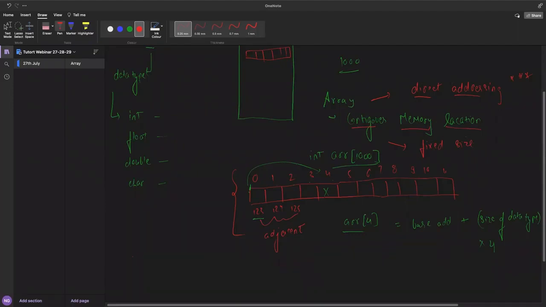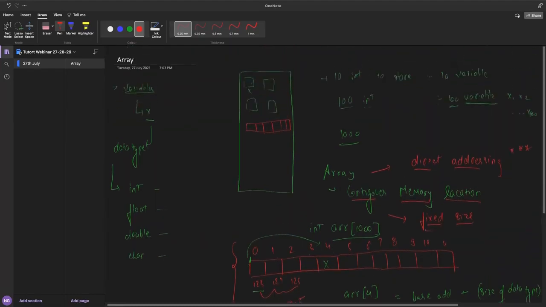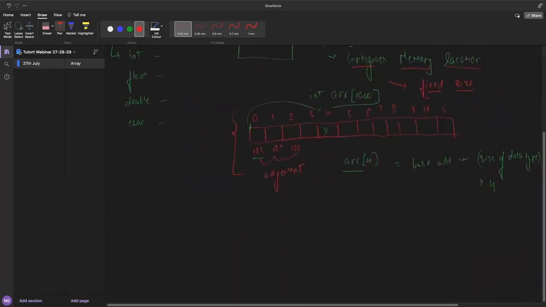So sometimes you underutilize the array, or sometimes you need a larger array. In that case, you need to resize the array. Because of this fixed size, a scalability problem happens with the array. So this is a very brief overview about the array.